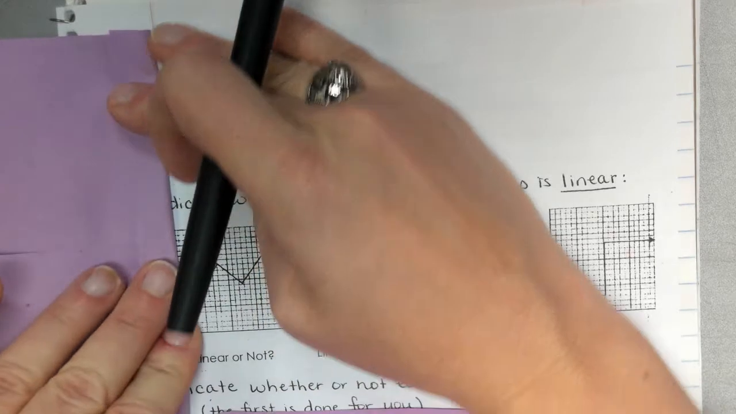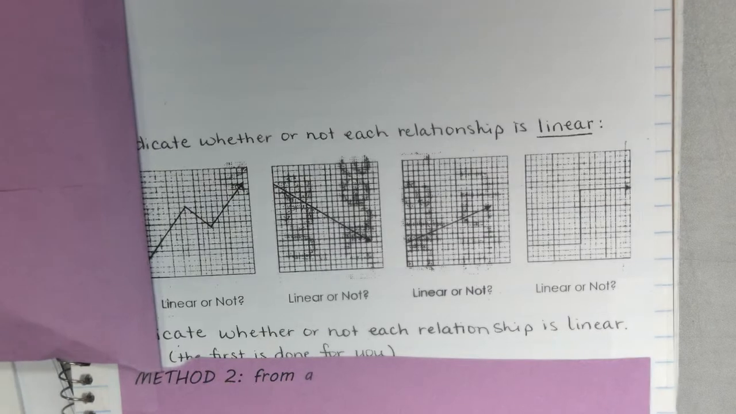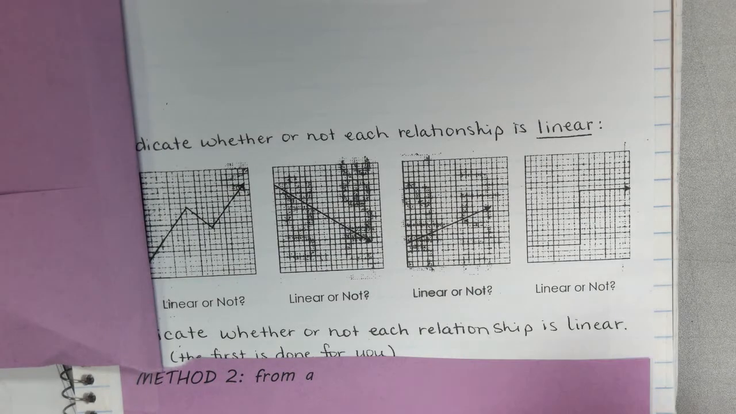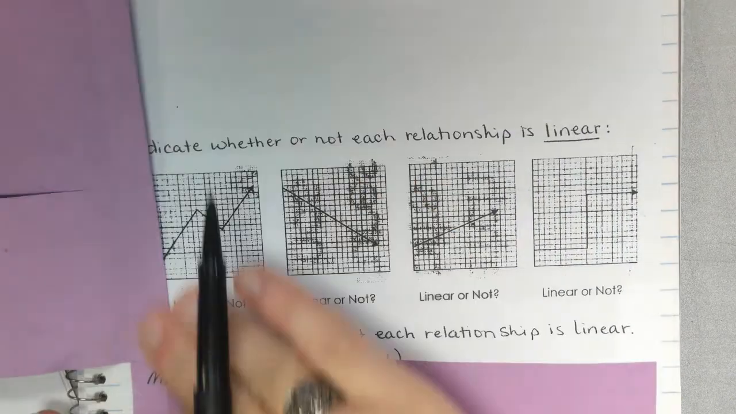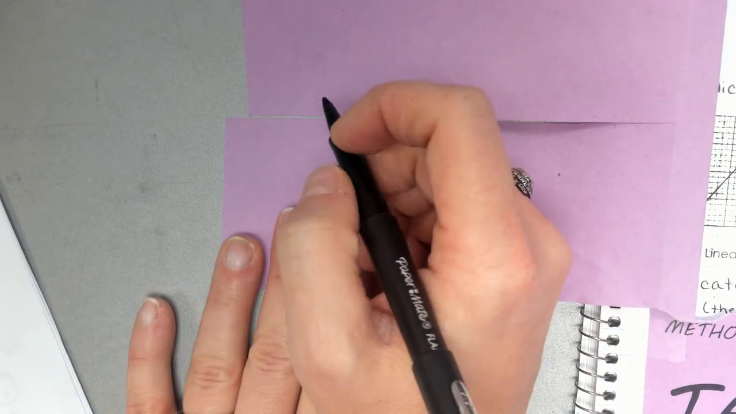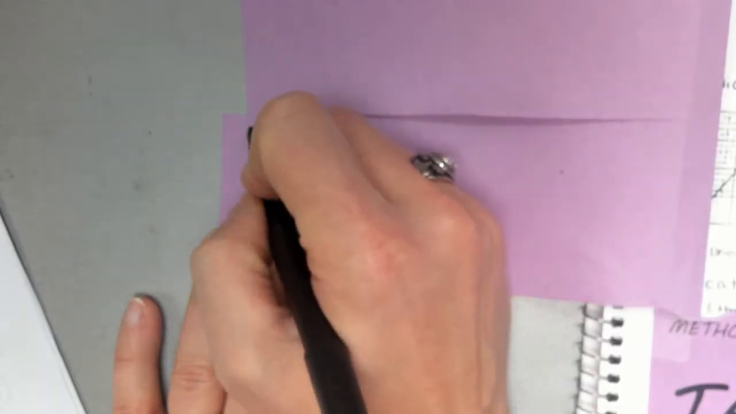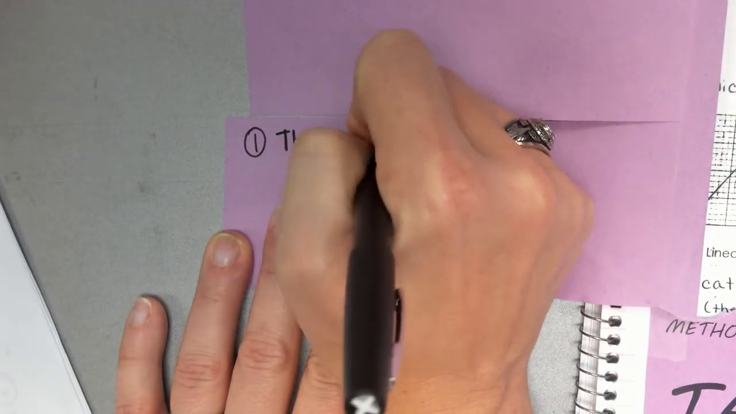It says, indicate whether or not each relationship is linear. So let's look at the lines. I apologize for the horrible copying. We're going to write on the inside of the flap right here under graph. There are two ways that you can tell if it's linear in a graph. The line is straight